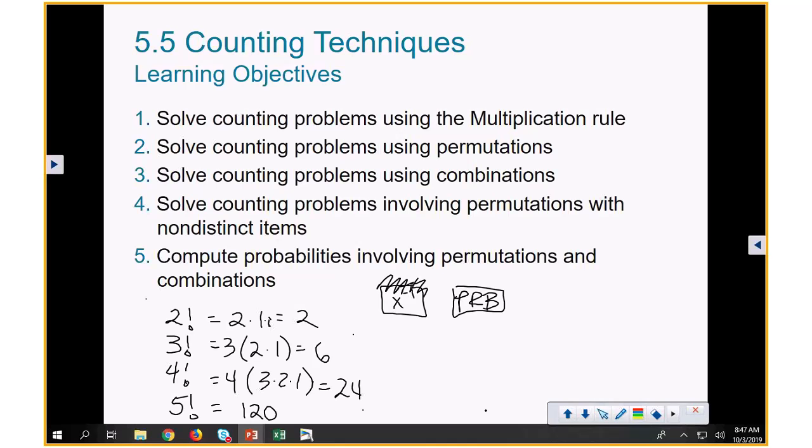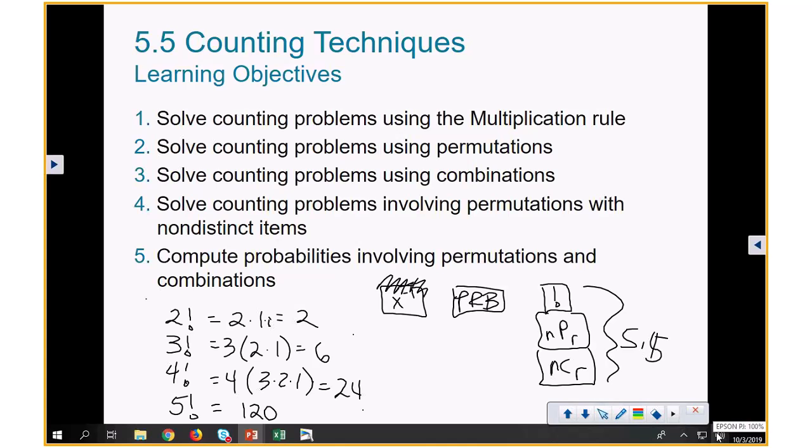And then there's 3 keys there that you need to be aware of. One is factorial, the other is NPR, and the other is NCR. That's what 5.1 consists of. I'm sorry, 5.5. 5.5 consists of those 3 keys. Okay? So that's what we're going to be doing in